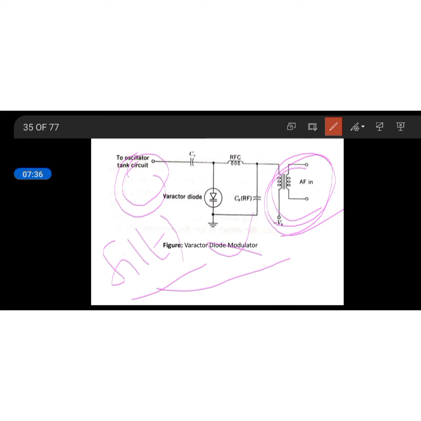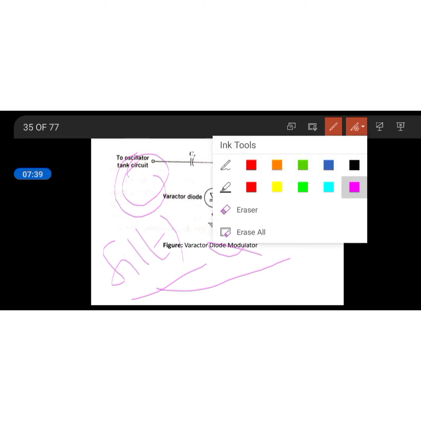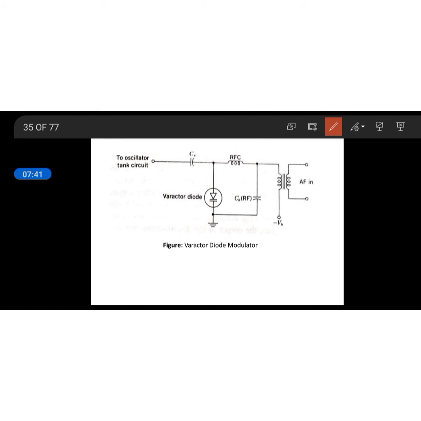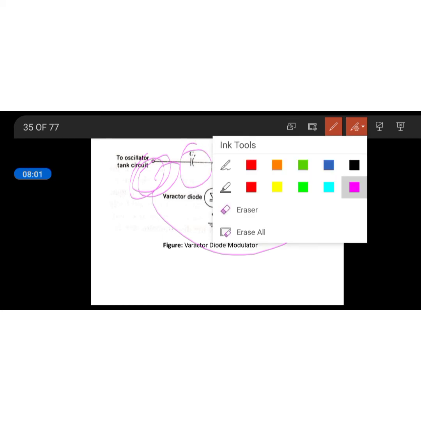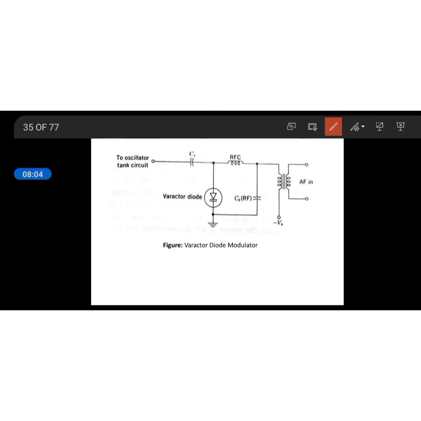So for this provision, we will be using a VCO here. The oscillator whose frequency is controlled by modulating voltage is known as a voltage controlled oscillator. The frequency of the tank circuit is varied according to the modulation signal by shunting a variable capacitor with the tuned circuit. This voltage variable capacitor is known as varicap or varactor. Here we are providing this varactor diode in reverse bias condition.